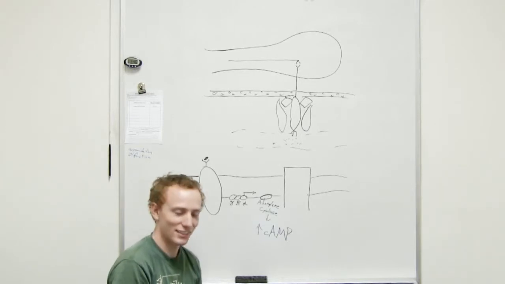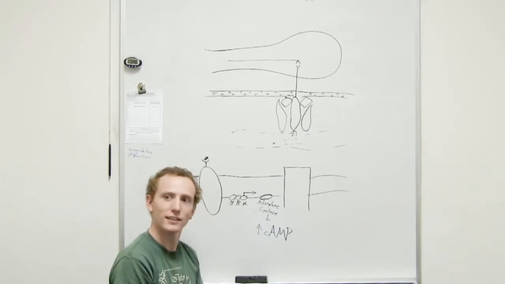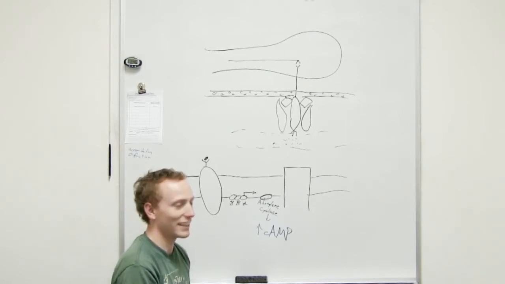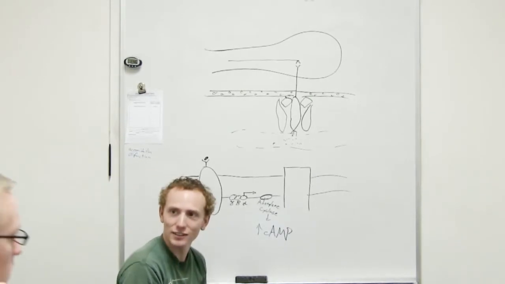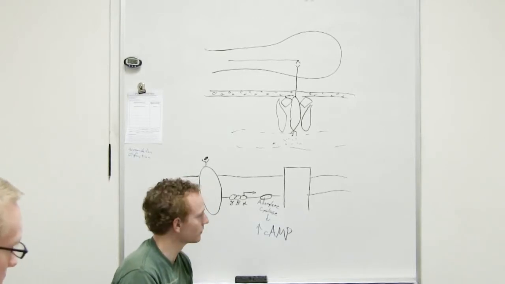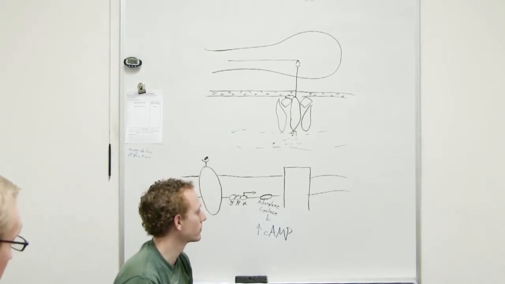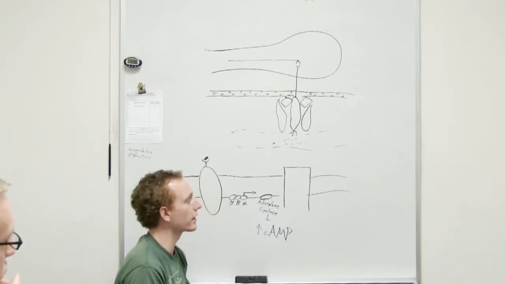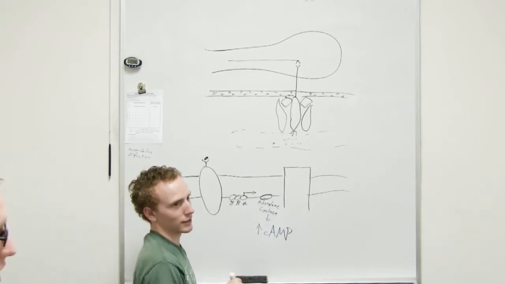You knew it, just sitting there all silent, letting them suffer. It's fun that way. Increases cyclic AMP. So alpha leaves, attaches to adenylate cyclase, which then increases the activity of cAMP. Cyclic AMP then does what? It activates your